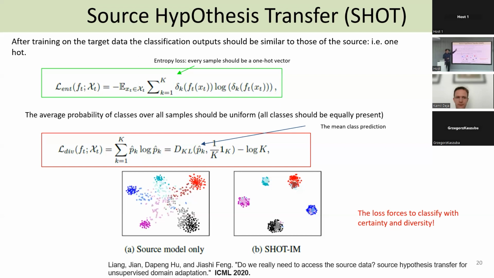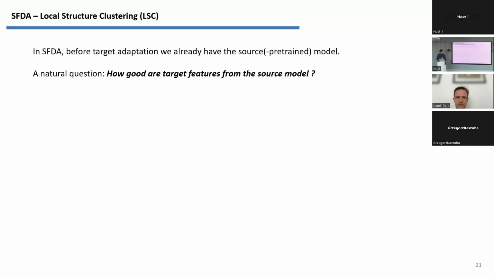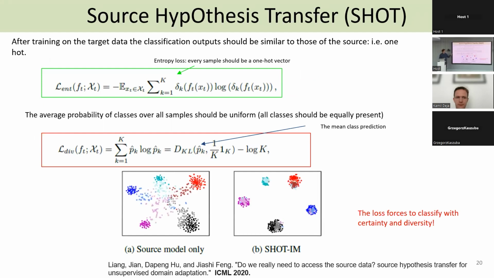So that's this. When you start with your source model on the target data, it will not be very sure. It will say 55% car, 45% bus. But now you start to push it: be sure, just be sure. And that's that loss. And the diversity says, I just want to see all the classes I've seen in training, I want to see them in testing. This is maybe prior knowledge of how academic sets are. This helps to prevent collapse towards a single class. This was the first source-free domain adaptation method.